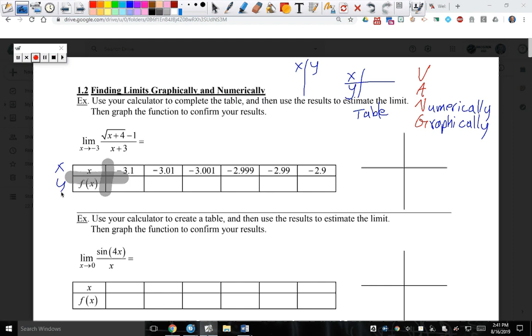What do y'all think A stands for? Algebraically. So algebraically, and last but not least, what do you think V stands for? This is the culmination. The word problems, verbally. Okay? So, looking at this, I want you to follow very carefully and closely with me,